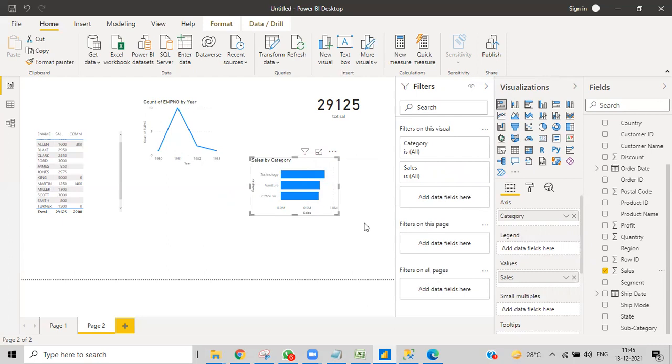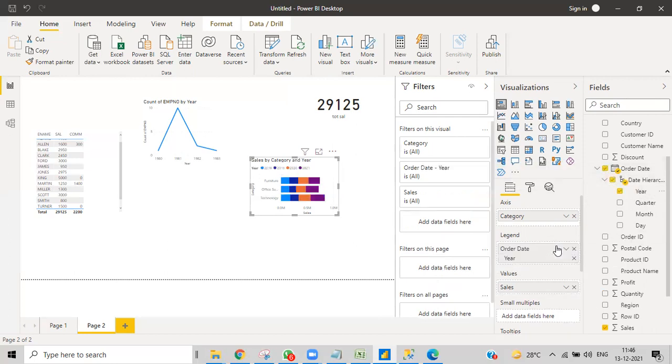A stacked bar chart is nothing but when we have different things that need to be shown over here, maybe years. I don't know how many years there are, but I'll show you so that you understand how it looks. You can see this is 2018. For 2018 we have this much sales, like 1 lakh 57, and for 2019 we have like 1 lakh 70. To segregate into subcategories, we give the years in the legend, and then it will become this way.